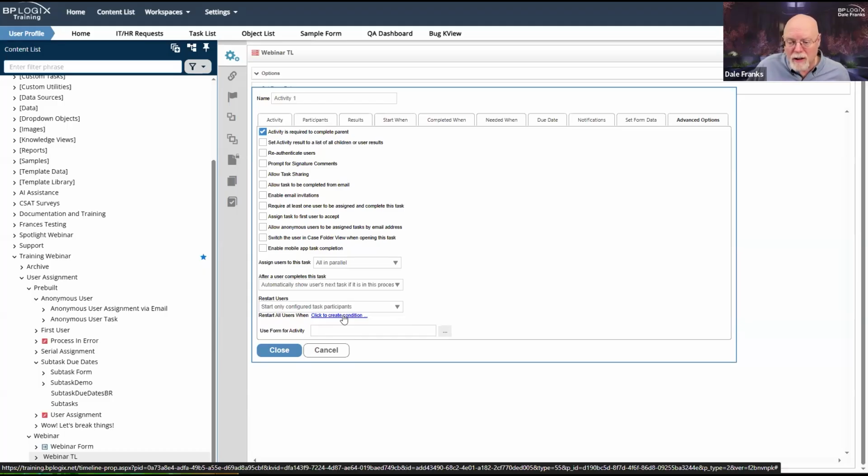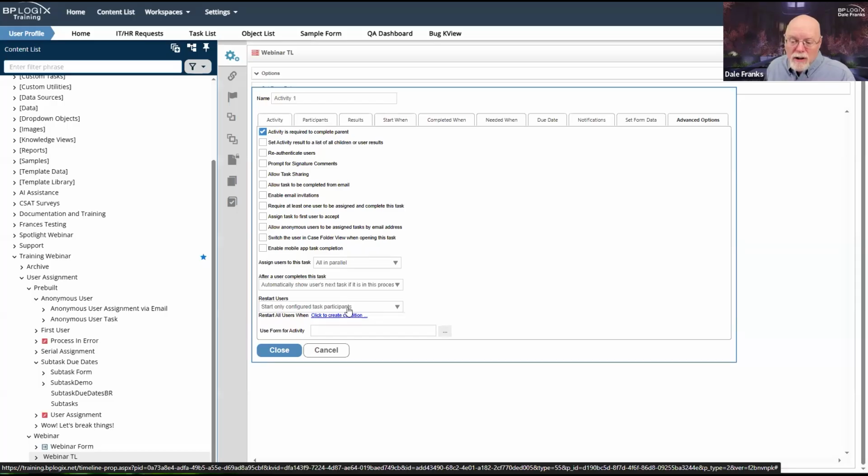And you can come up with a condition that says, okay, when this is true, I need this task to restart. This condition will be evaluated every time the timers run to check to see if this activity needs to be restarted. And if it does, it will perform the restart.